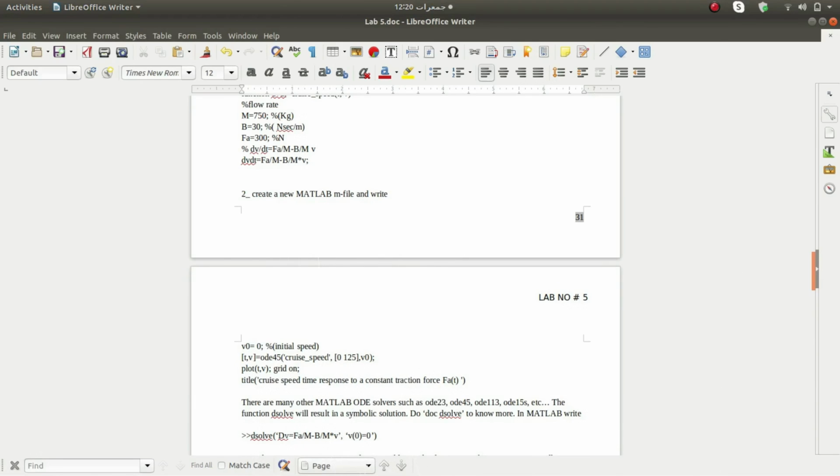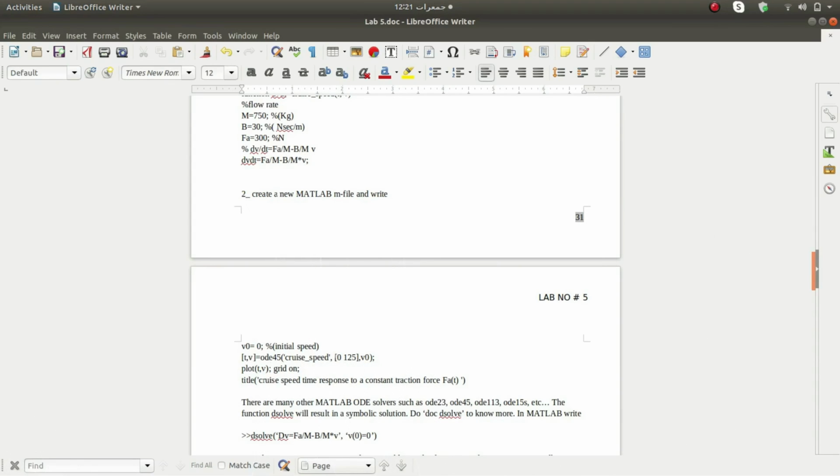You can also change this limit if you are going to observe on a greater span like 250, 500, or a lesser span like 10 or 50. So here we are using time span from 0 to 125, and the initial condition is v0, which is equals to 0. Now we are plotting this relationship with